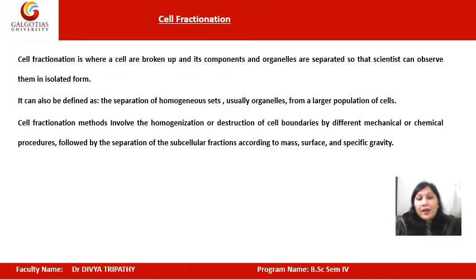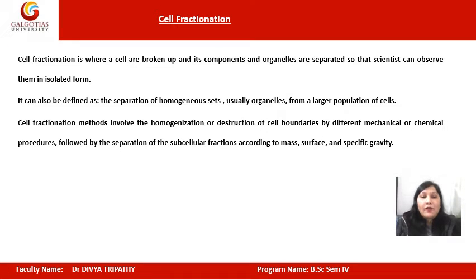See, if I am asking about the cell, we know that the outer boundary in the plant cell is the cell wall, whereas in the animal cell, this is only the plasma membrane. So if we are working on an animal cell, we have to disrupt the boundary of that cell, meaning we have to disrupt the plasma membrane of the cell. But if we are working on the plant cell, we have to disrupt the cell wall as well as the plasma membrane, so that all the cell organelles will come out into the sample tube. Then we will make the homogeneous mixture of these cell organelles before separation, right?